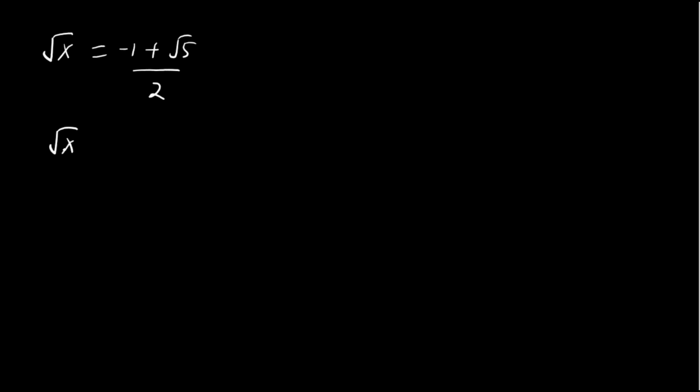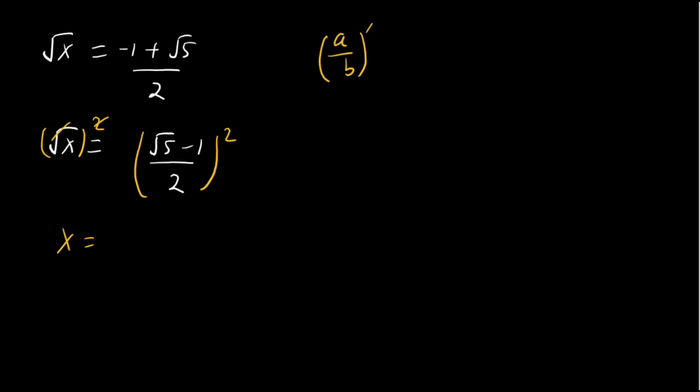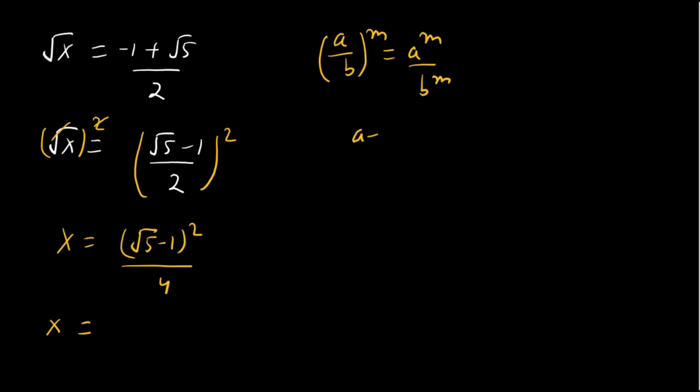This is the same as square root of x equal to square root of 5 minus 1 divided by 2, and here we will find the value of x and y. So if we square both sides, on the left hand side the square is cancelled out by the square root, then x is equal to, on the right hand side we apply the base and exponent rule, that is a over b bracket power m is equal to a power m over b power m. If we apply this rule, then we get square root of 5 minus 1 whole square over 2 square, that is 4. Then the value of x is, in the numerator we will apply a minus b whole square.